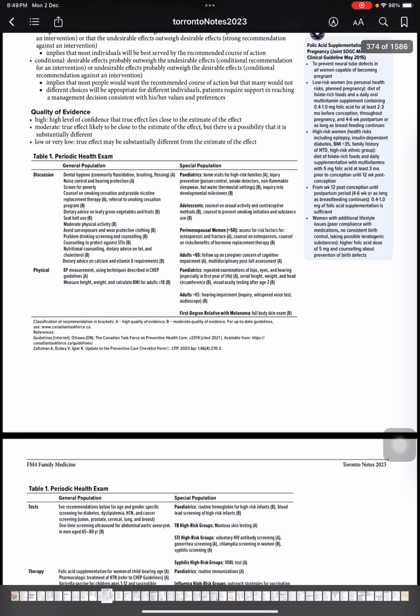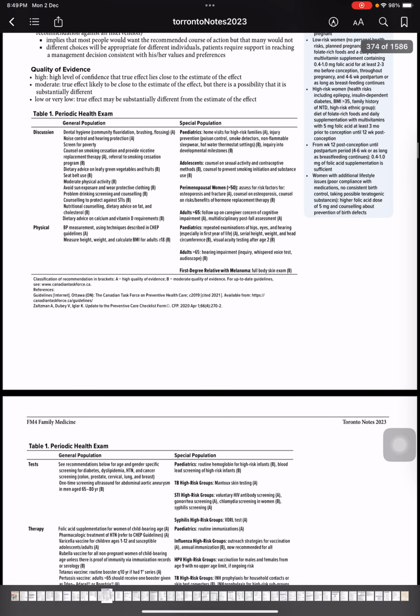For adults more than 65, follow up on the caregiver concerns for cognitive impairment and multidisciplinary post-fall assessment. So post-fall assessment and cognitive impairment. Okay. Now, for physical examination, if a patient is coming in, you need to take blood pressure measurement, especially all